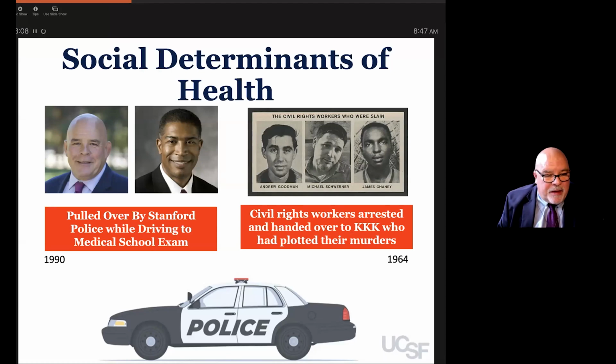Now, I look very different now than I did when I was back in college, but the two gentlemen on the left, Esteban and my colleague at the time, Rob Dodds, who's a neurosurgeon at Stanford, on our way to our first medical school exam, were pulled over by the Stanford police in 1990. We were late for our first medical school exam. It reminds me of what happened in 1964, just 6 years earlier, with James Chaney, Andrew Goodwin, and Michael Schwerner. Unfortunately, they were murdered because the police turned them over to the KKK, but you cannot deny that when you're pulled over on the Stanford campus on the way to the medical school exam, it's going to have a